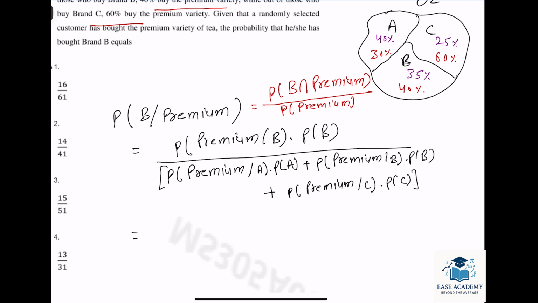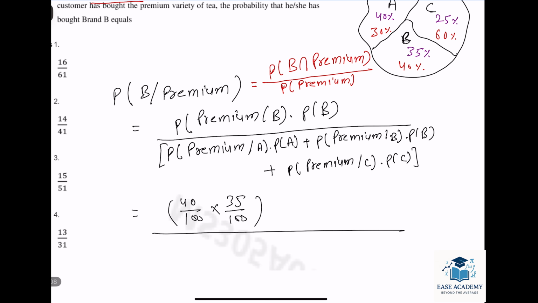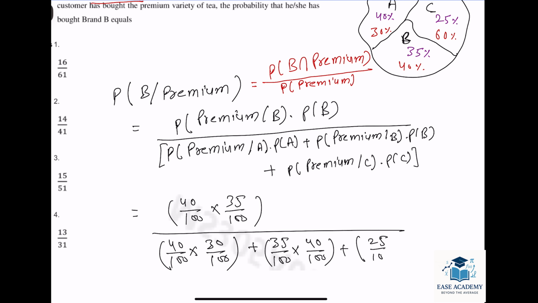So let's do it: 40 upon 100, 35 upon 100. So this is for brand A, this for brand B, and for brand C this is simply